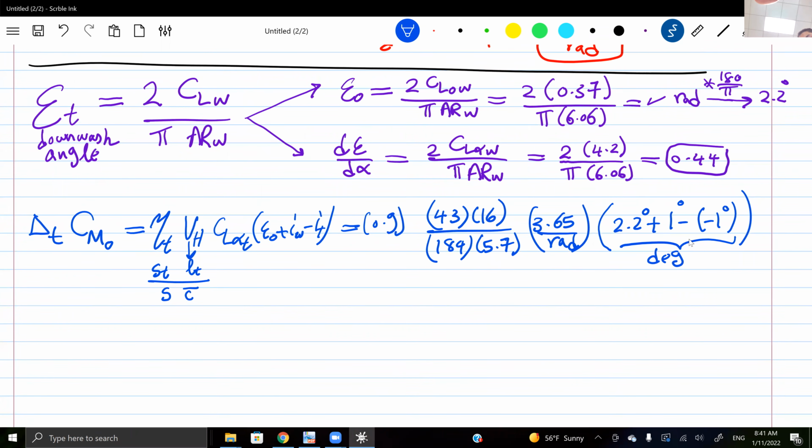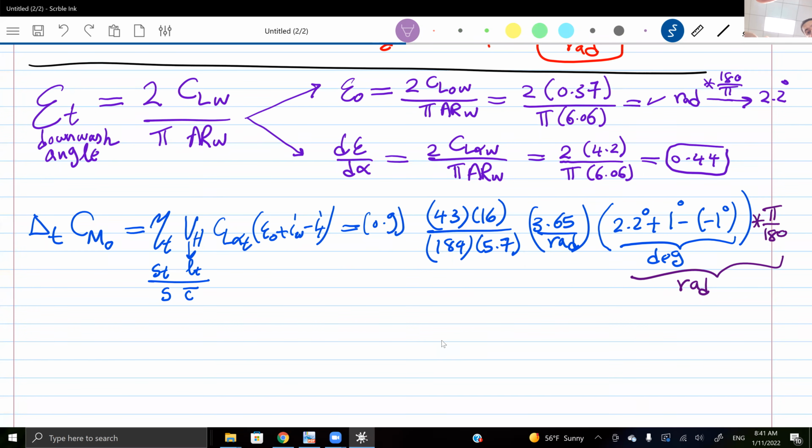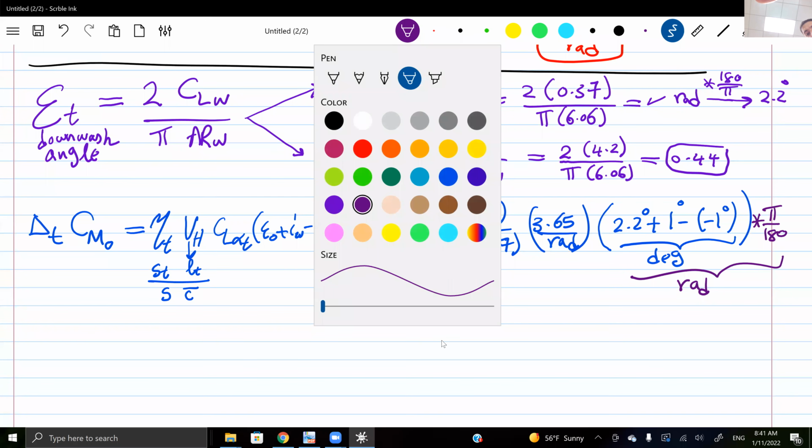So in the addition, I was consistent, but now I'm multiplying something per radians times degree. So I need to be consistent in the multiplication. I'm going to convert this. I'm going to multiply here by pi over 180, so that this thing is in radians, and I'm multiplying per radians times radians. So I will get something of no dimension, because CM naught is of no dimension. So carry out this computation. The result is